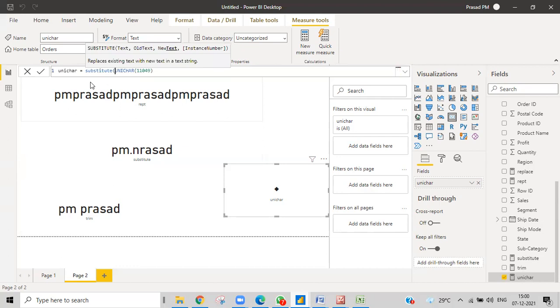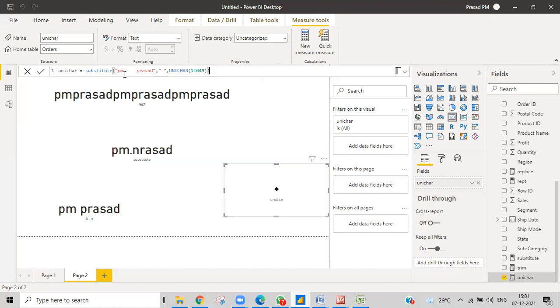And the text part, my text part is like, okay, M space RASAB. And then I do have a lot of spaces between this. So, and then again, substitute part flow, like what old text I want to replace that one with this unicat. Okay. But if I give directly this answer, this question, then obviously what I'll get is